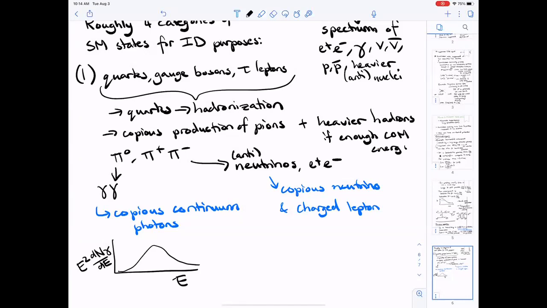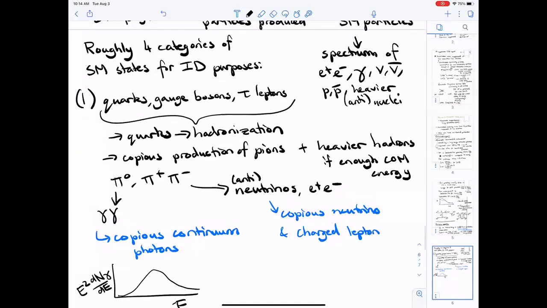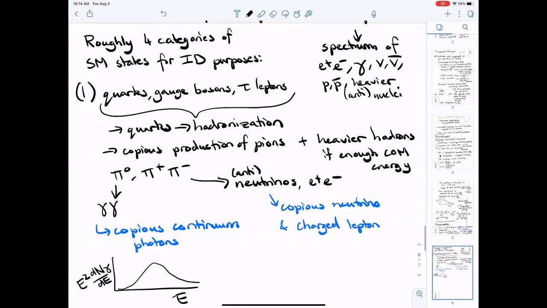So you'll sometimes see in papers, people show limits for indirect detection that are just annihilation to B quarks. And you may have been like, why annihilation to B quarks? Why is this the only thing that we're showing? Part of the answer is that if you're annihilating into any one of these channels, the details of the channel often don't matter that much, because what's going to happen in all these cases is you make a lot of pions, and the pions make a broad continuum spectrum of photons, and copious neutrinos, and electrons and positrons, and it doesn't matter that much what state you went to initially.